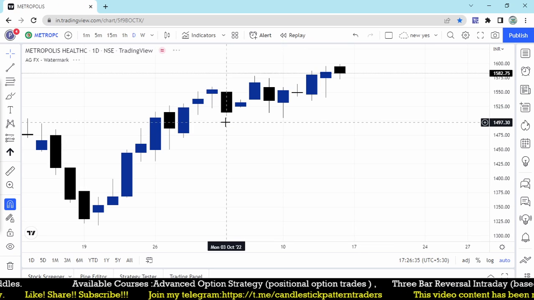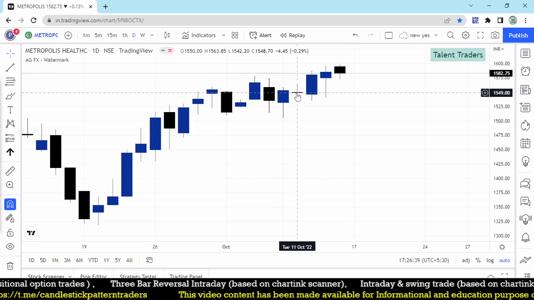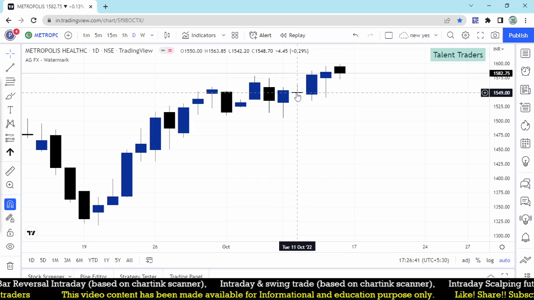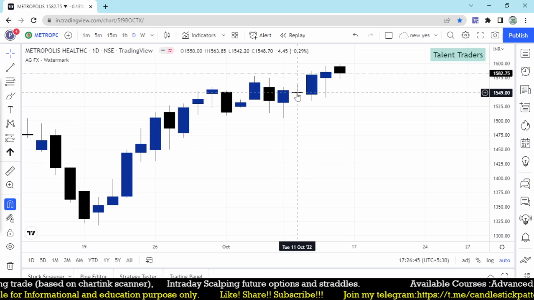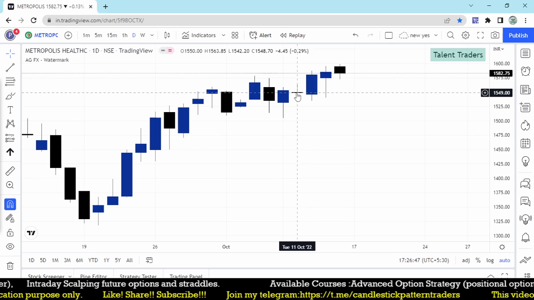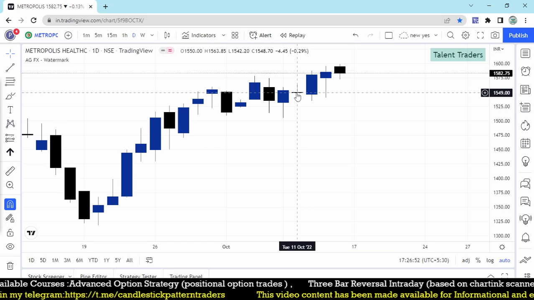So the same scan which I'm going to focus for Metropolis on 4th, 11th October, the closing price. I'm going to focus the scan for the closing of the day, or evening of the day, maybe for intraday. But for a BTST kind of trade, it's about